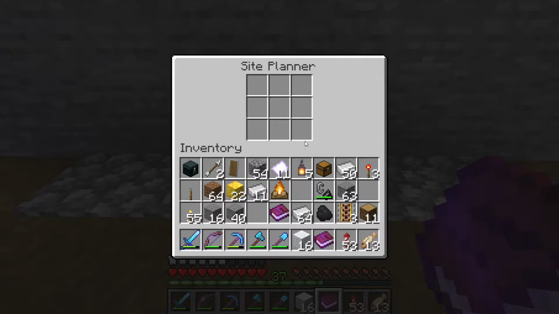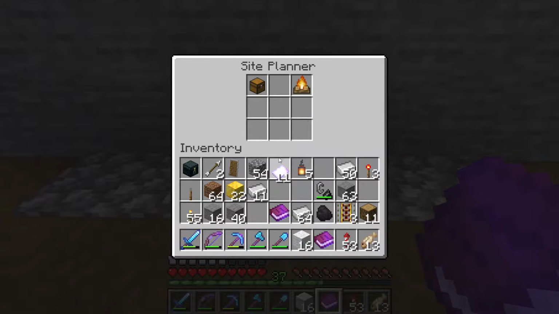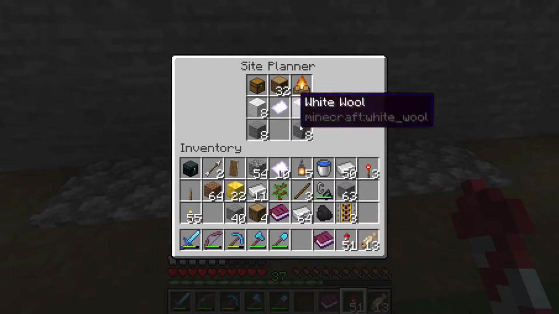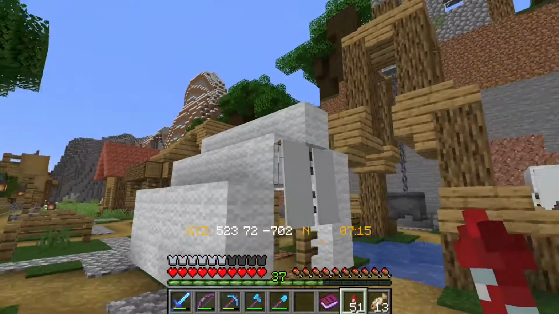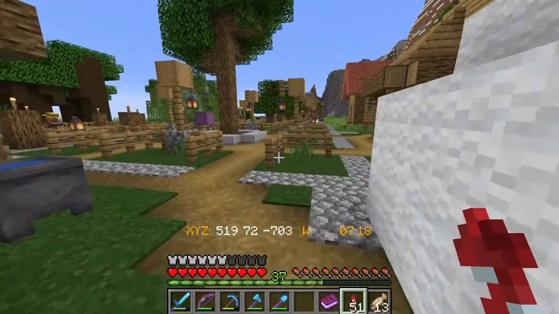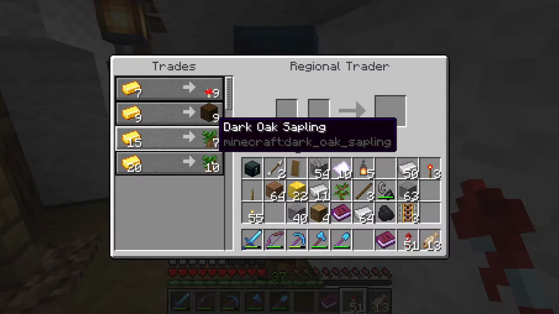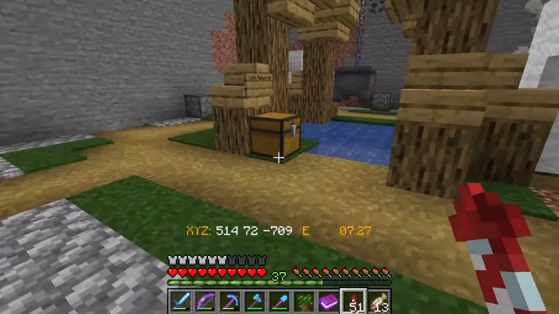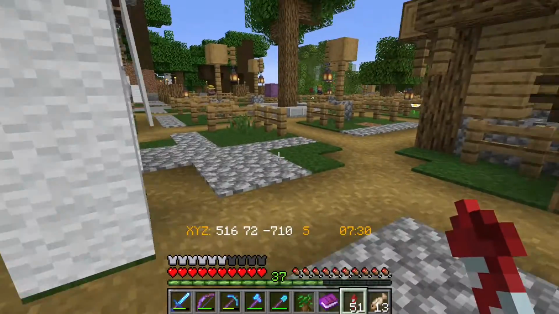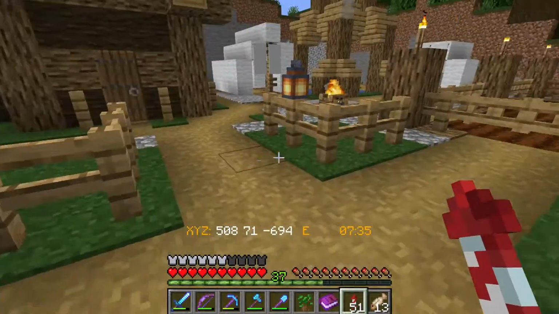And we'll come over here and get the other one built, except that I don't have enough wood on me. And that should do it. There we go. So let's see what our trader here has to offer. Dark oak saplings, mushrooms, and dark oak logs. Very, very nice, and I imagine we'll be getting those same things from there when it hits